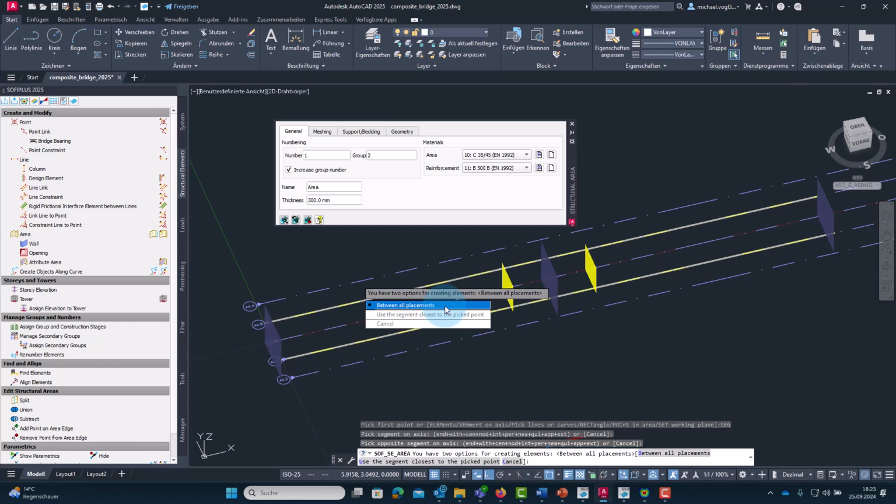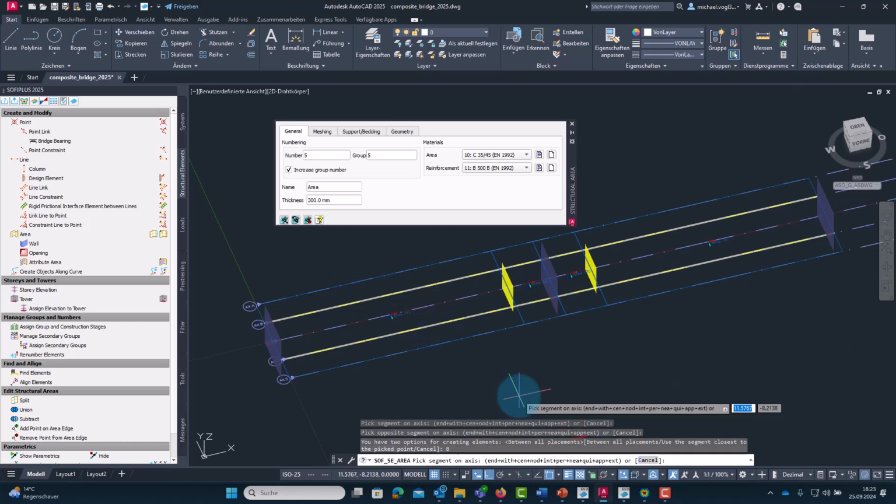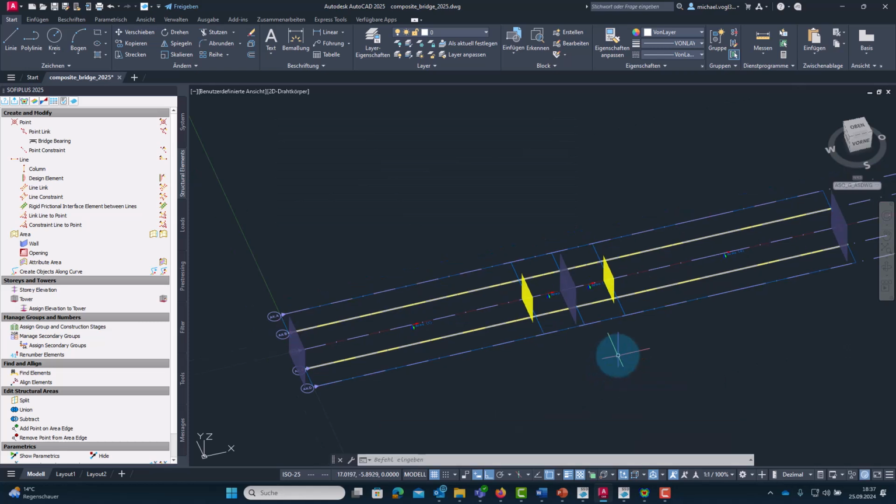And of course we want to have them between all placements. You can see the area elements are created now. Please check if the structural areas have the correct group number.